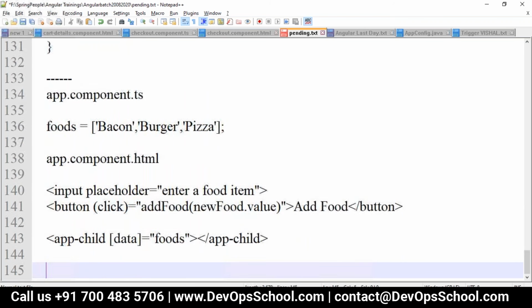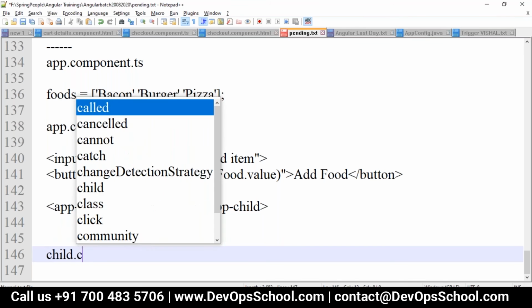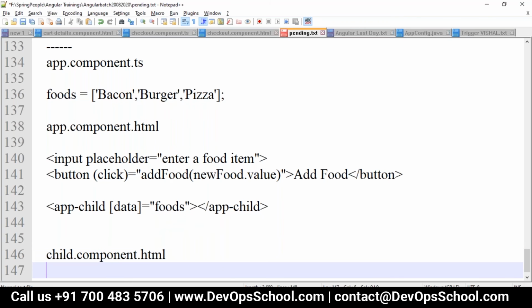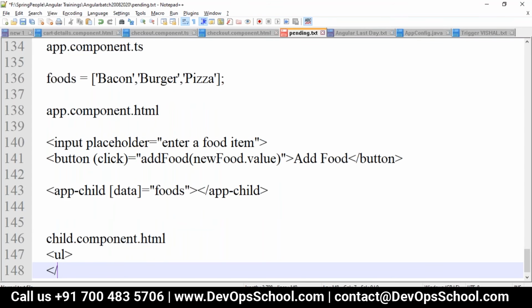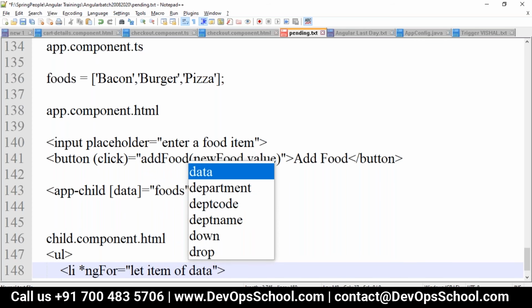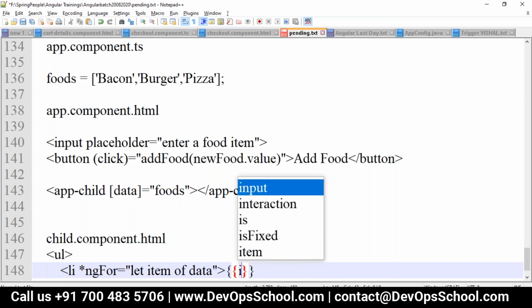In the child component, let me take an example, which is a UL. I have here *ngFor, let item of data, and it is displaying the item.